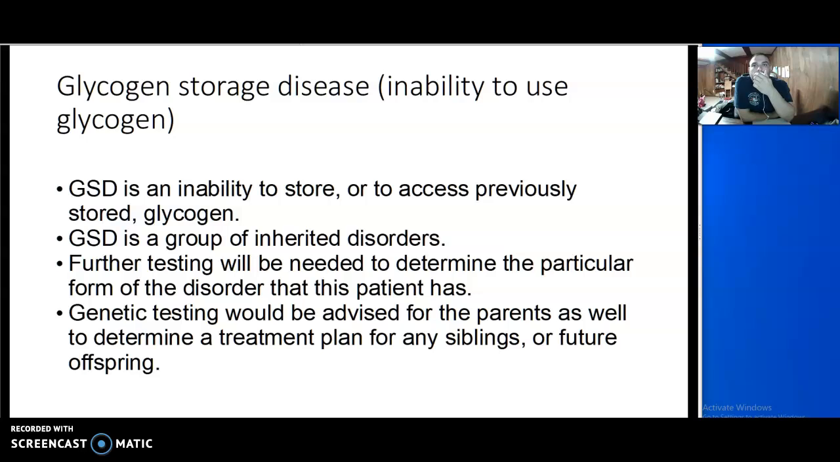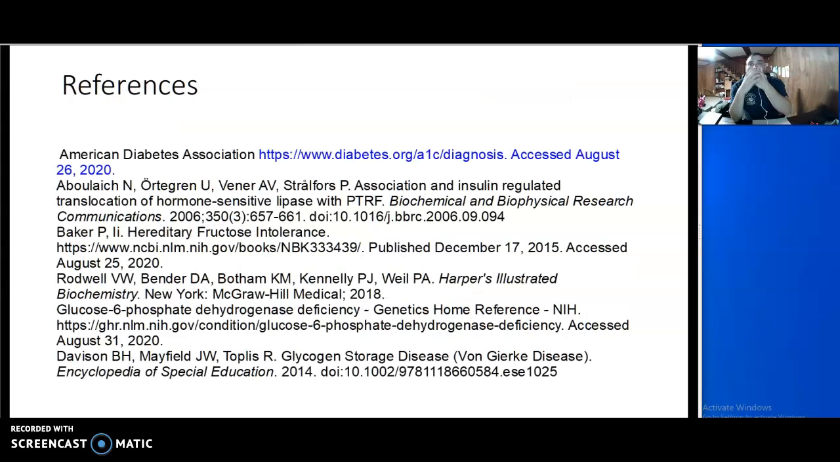Also, it would be a good idea to have the parents get tested, just for any current siblings of the child or future offspring, to determine a treatment plan and to test early to ensure that we can get ahead of it. So here are the references,